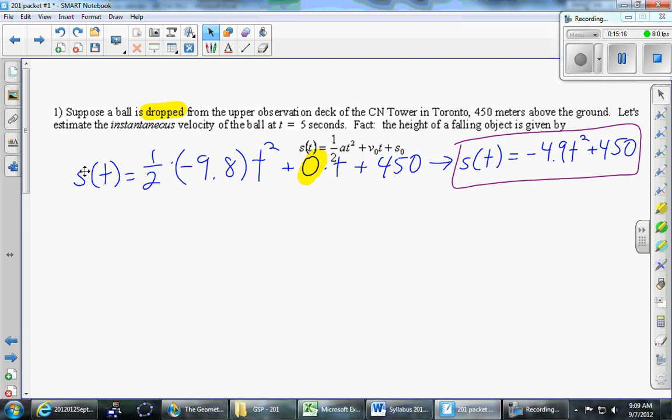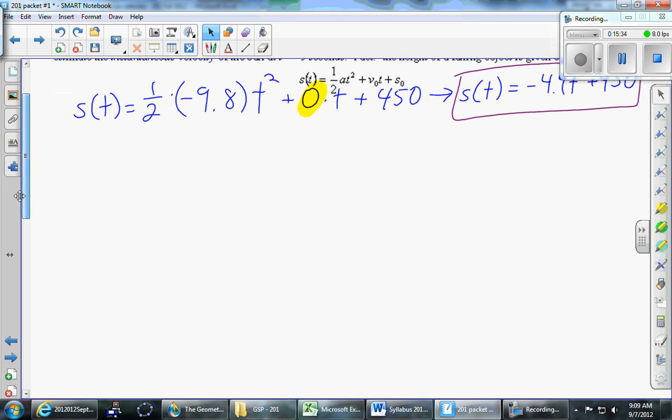Okay, so we're trying to find instantaneous velocity. We don't have a picture to draw on in this one. We just have a formula. So this will be the same idea, but it's a different technique. You want the velocity at t equals 5. What we're going to do is hone in on that moment t equals 5 by doing a lot of average velocity calculations. So for example, let's see if we can find the average velocity